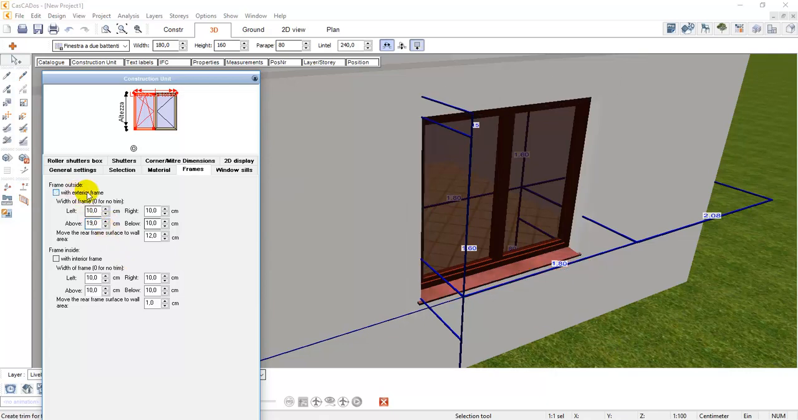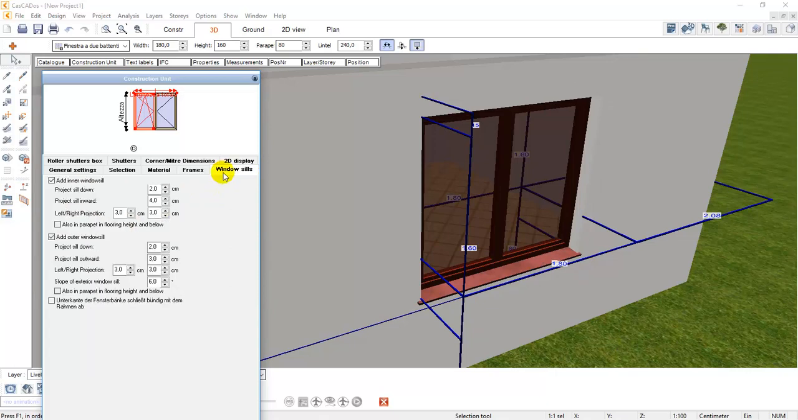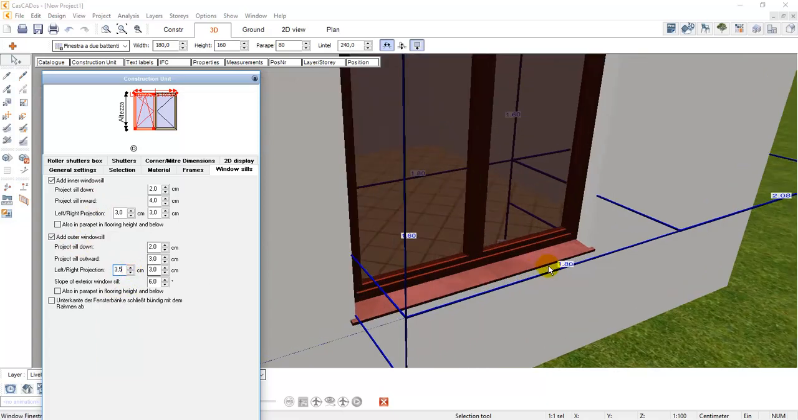Now I hide the frame. We will see the window sills. And here it is the same. You can control the dimension inside or outside. And I change the left point of these sills. You see, when I change this dimension, I will see the result in 3D. Here, left side